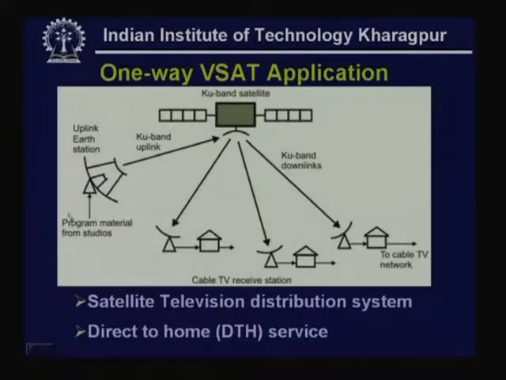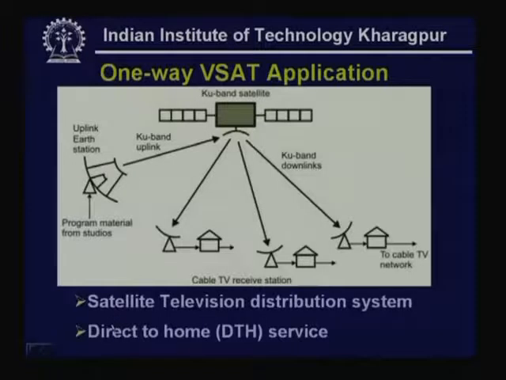Here, for example, is the studio of TV Doordarshan, and here is the uplink earth station, which uplinks the signal using the Ku band, and then the satellite sends it to a number of cable TV